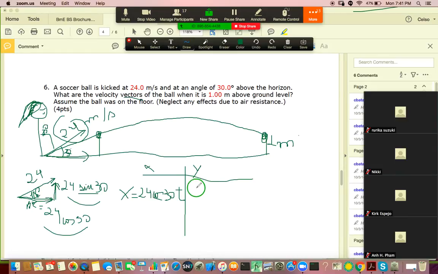And in y direction, you have y at any position minus y naught, the initial position, is equal to v naught y, and then you write your 24 sine of 30 times